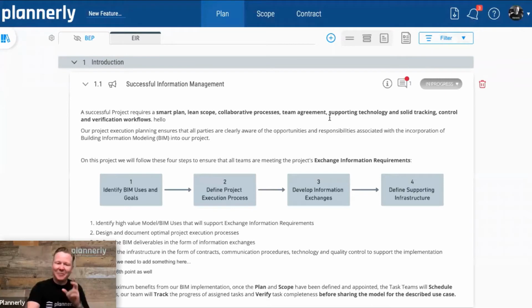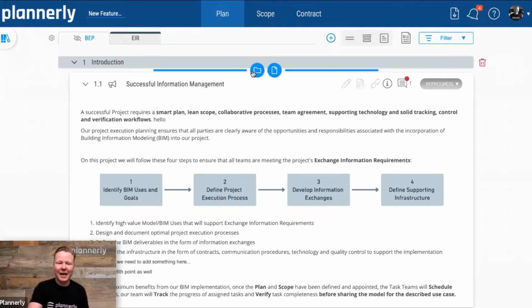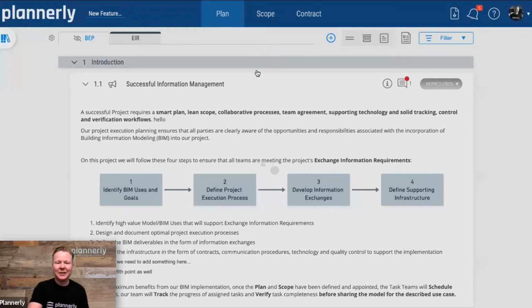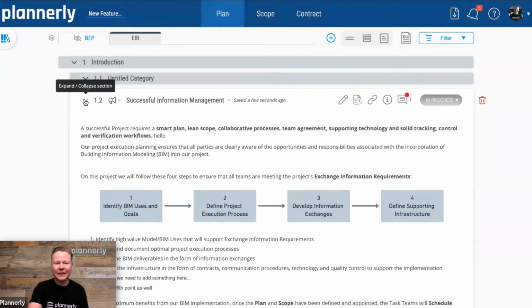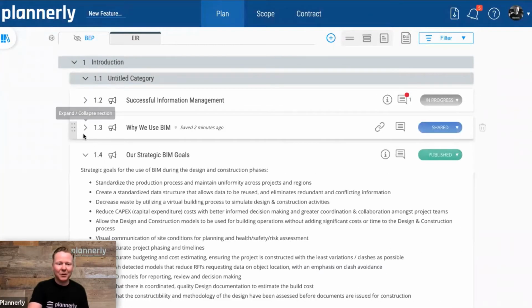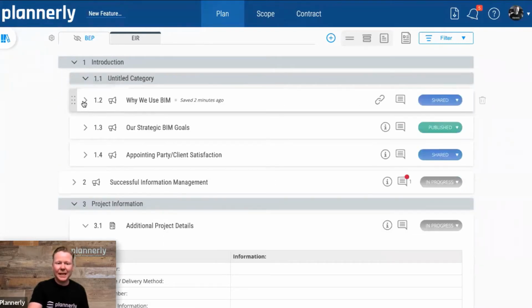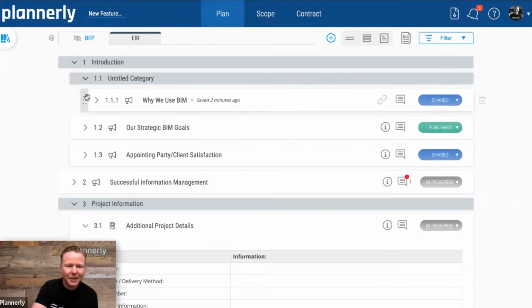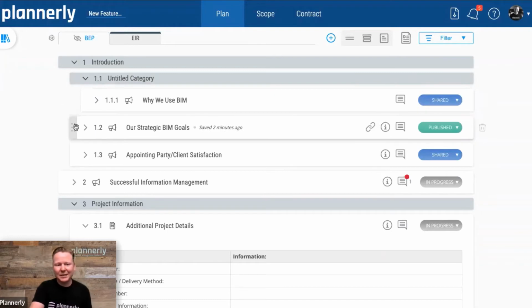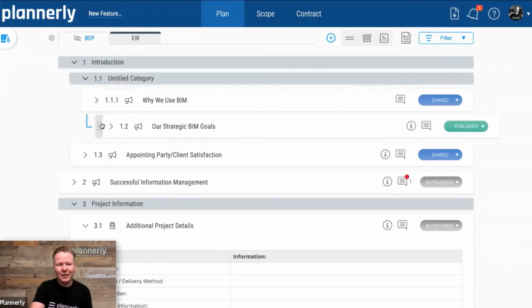Being able to manage this in one place as these packages of thought or units of thought is pretty cool. But some of the features that we've added is being able to categorize them much more clearly. Let's roll these ones up, and I can start to indent in even more detail. So actually, let me indent this one into here. And we can also indent the sections as well underneath each of these.